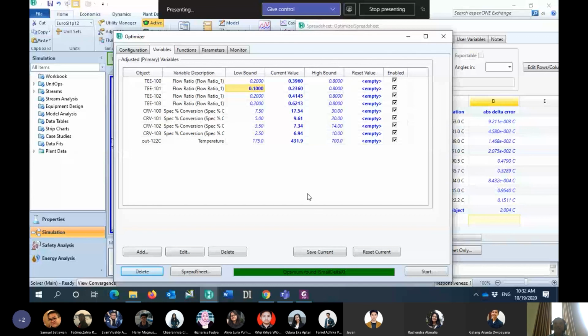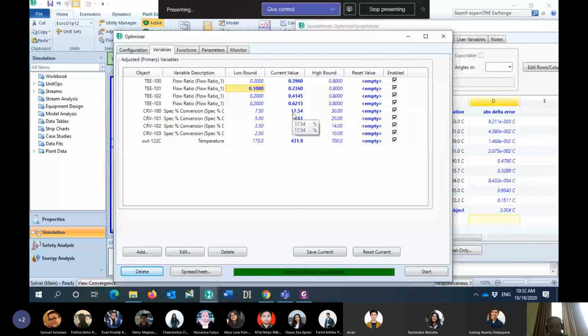In this case we have 4 beds, and each bed has a different reaction conversion. Based on the design value, the percent conversion should be 17, 9, 7, and 6.